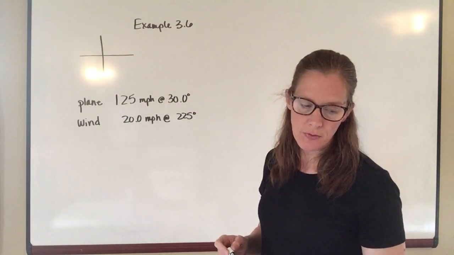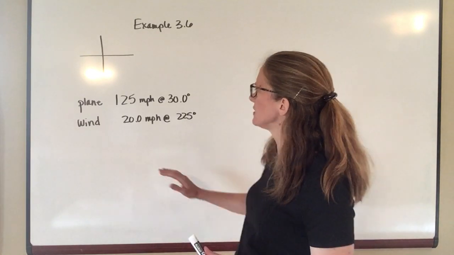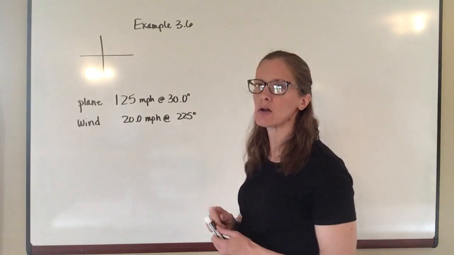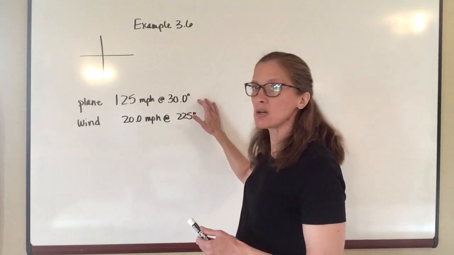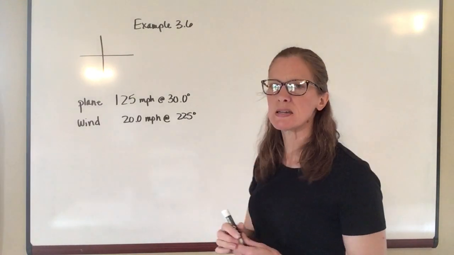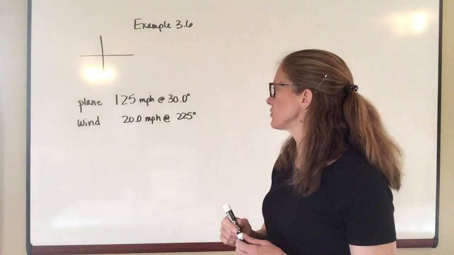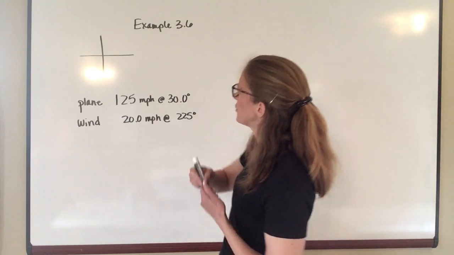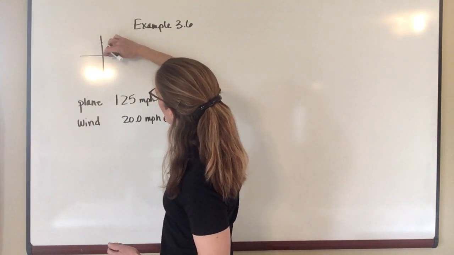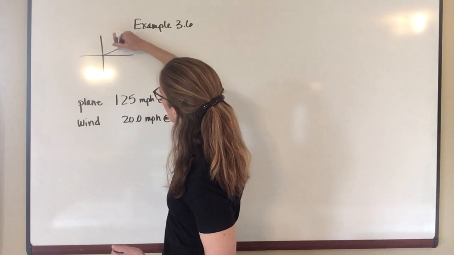Now this says that the pilot is steering the plane at 125 miles per hour at an angle of 30 degrees. So just like we did before, we want to go ahead and plot that on a coordinate system so that we can see about where our final answer should end up. So at 30 degrees, I'm going to be looking at something about like this,